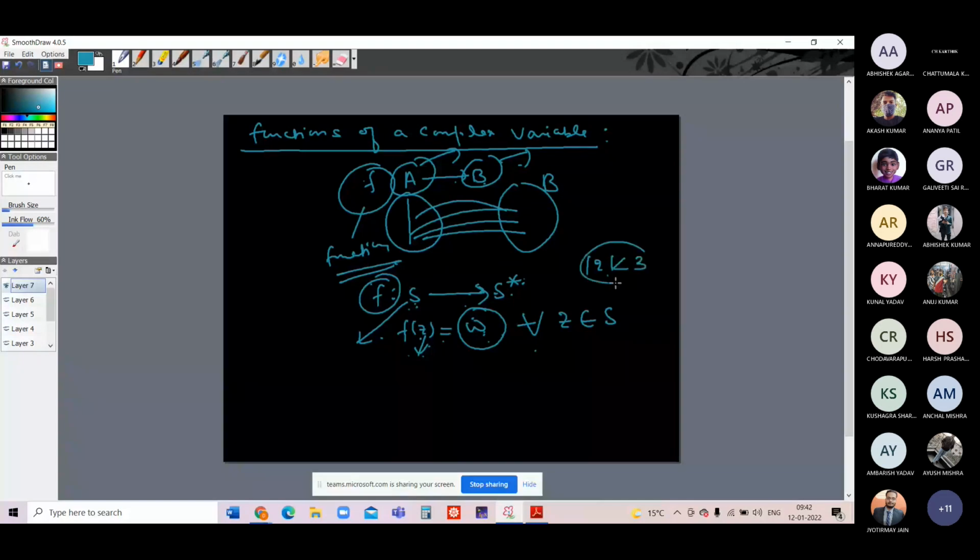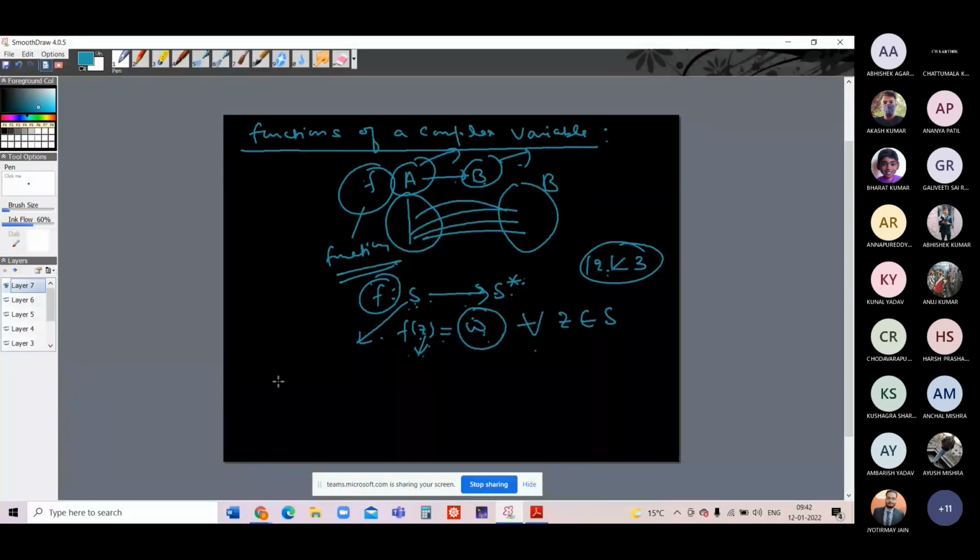So if S is not defined before, in that case we will consider the domain where this f is defined, and that domain is called the natural domain of the function. For example,